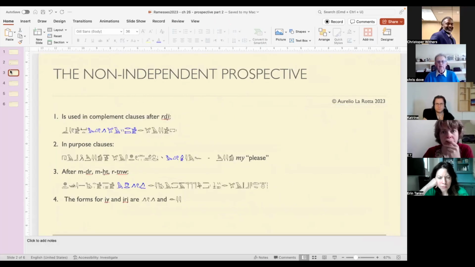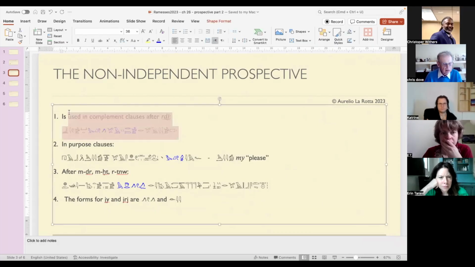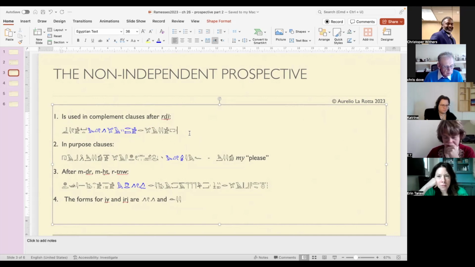Let's talk about the non-initial one, the non-independent perspective. One use case we've seen a ton, namely after RD, to give. How does it happen in English actually? Let me do it would be one way to express it, and you would use the infinitive. The do is an infinitive, I guess. Let me do it. Or cause that he does it. I guess if you wanted to be super formal, cause that he do it. But I'm sure a few people would correct that as wrong grammar. If anything, it sounds super formal, over the top.